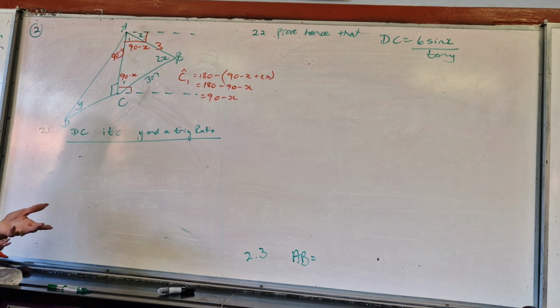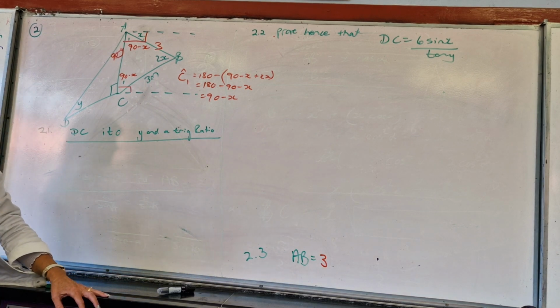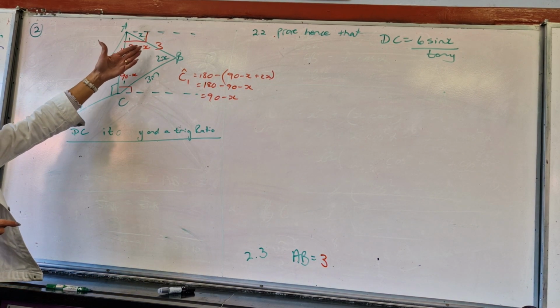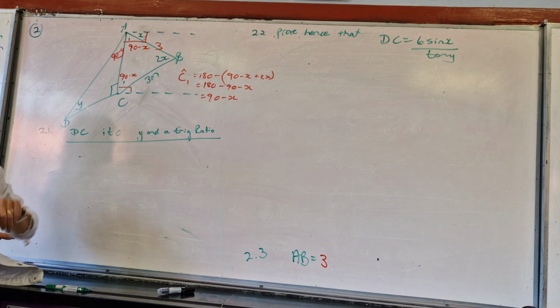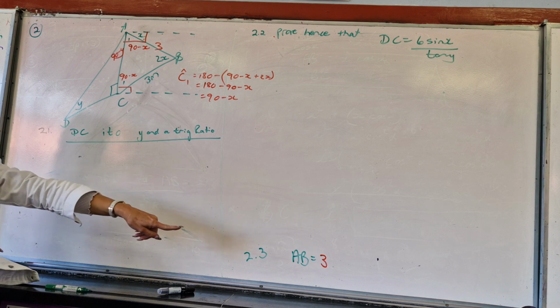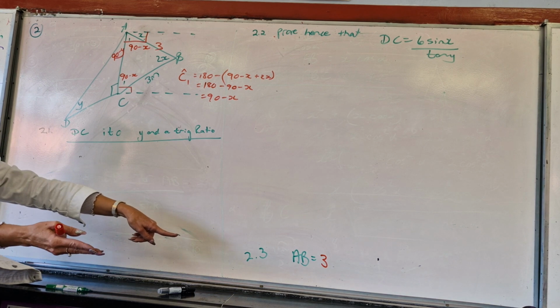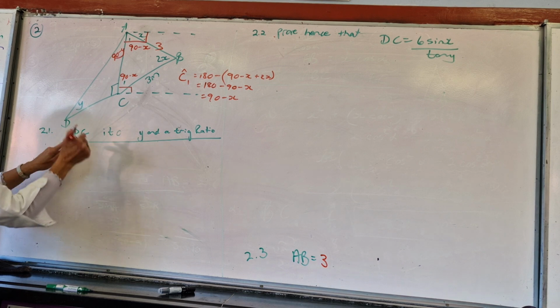I'm done with it. I can already say that AB is 3. Now remember, I'm not in geometry, so you don't have to tell me: sides opposite equal angles are equal, and that's the reason why they're both going to be 3. But I've got it already. If you didn't work it out already, you'd have to for the last one. So, where do we start to first find DC, obviously in triangle